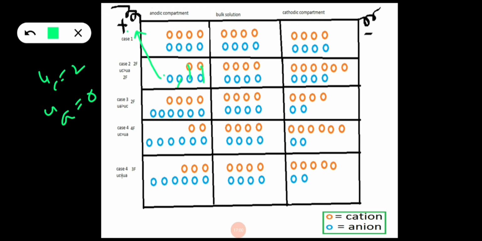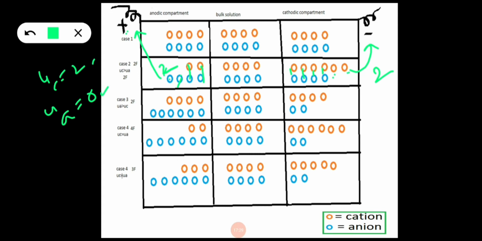So 2 anions are getting deposited here. And see here, this is paired, this is paired, this is paired, and this is also paired. But these 2 cations are not paired, so these 2 cations will get deposited at the electrode. Now, the number of moles deposited at this electrode is 2, and the number of moles deposited at the cathode is also 2. So the same number of moles or same equivalents of ions are deposited at the electrodes, but the speed of the ions